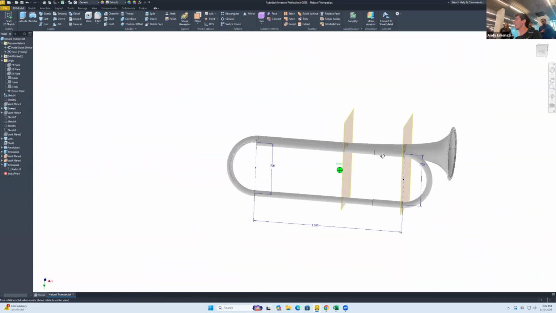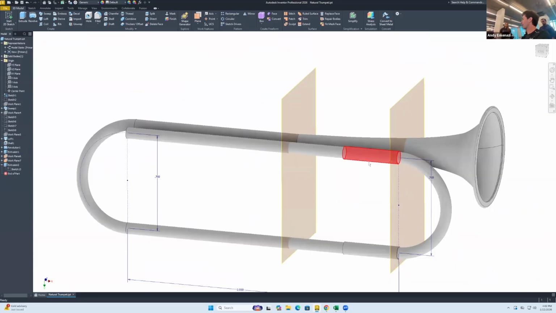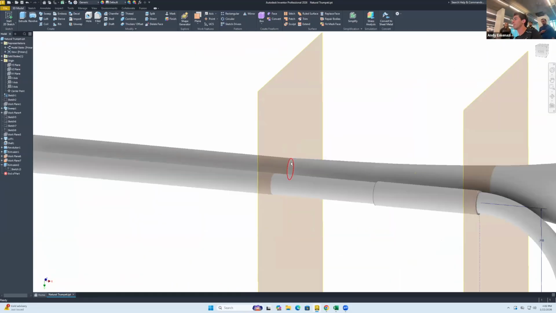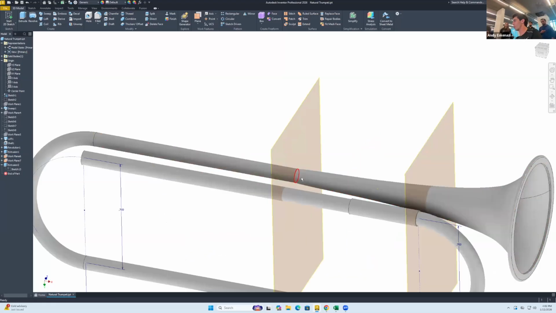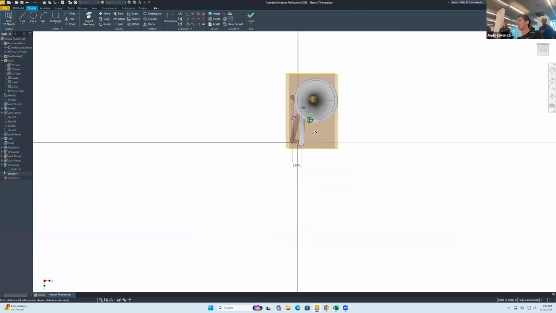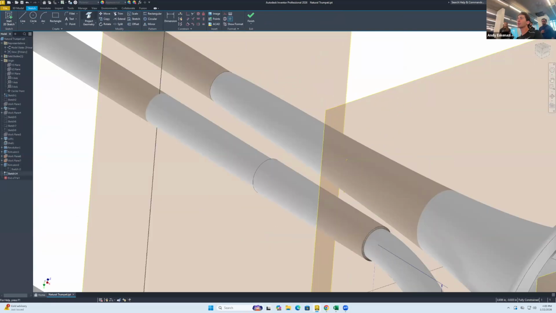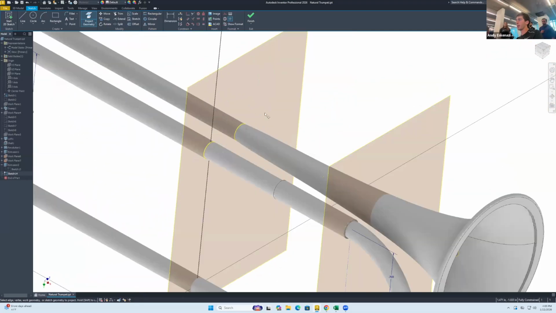And then, well, I'll leave it like this because I might change it. I might do a couple of details while you guys work on this. But let me do this portion right there, which is the more non-trivial part. To the sketch, I go there, and we're gonna do the same thing. Project geometry, that, and that. And we'll go here to offset,